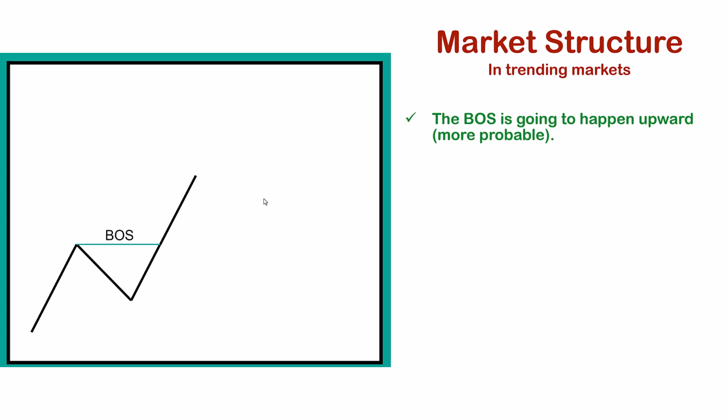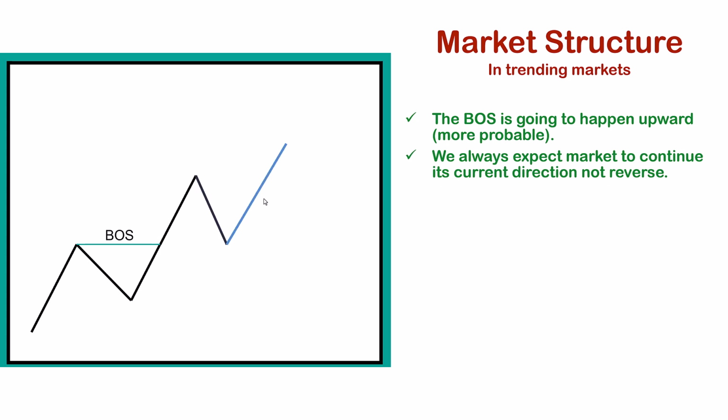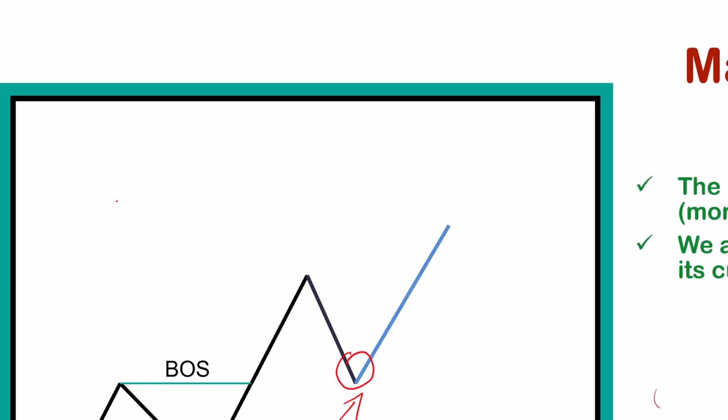But where are we going to find those setups? We are going to try to catch higher lows in an uptrend. For example, here we have our higher low. We are going to try to catch these higher lows in an uptrend, and in a downtrend, for example, if we are making lower highs and lower lows, we are going to try to catch lower highs.